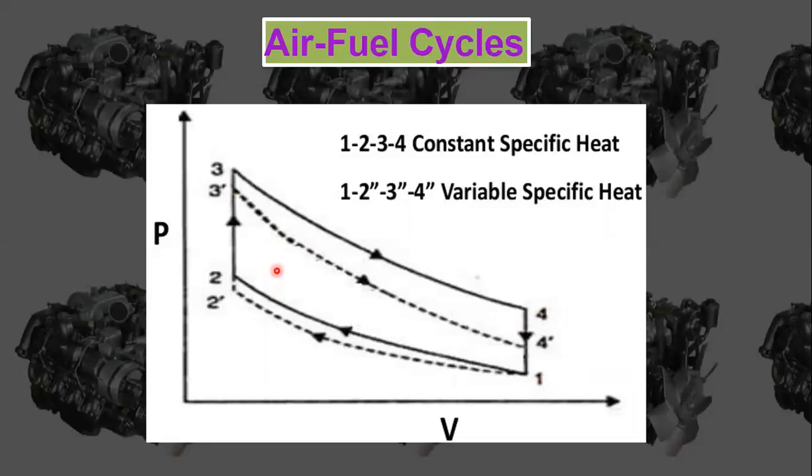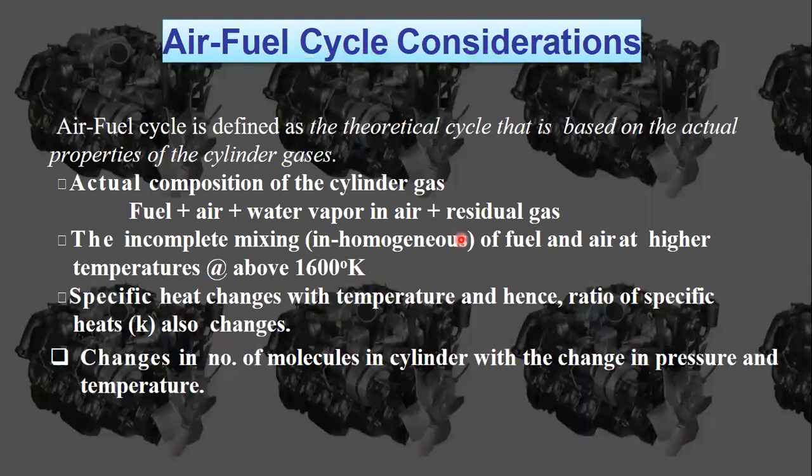That is how the pressure and temperature variations are clearly shown in this PV diagram, and because of the low pressures and temperatures developed here, we are going to have reduced power, and efficiency is also going to be reduced in case of air fuel cycles. In this air fuel cycle also we are going to have a lot of considerations here. Before going to these considerations, we have to talk about air fuel cycle.